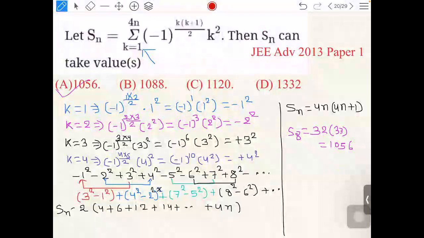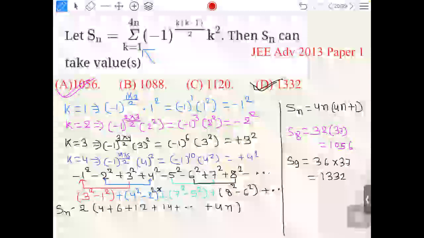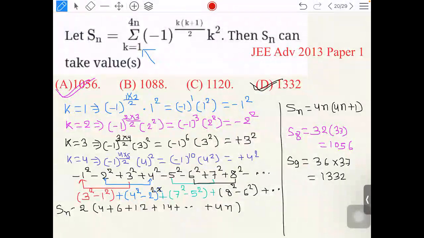So this is one of the possible value, option A। अगर n का वैल्यू हम लोग 9 पुट करेंगे तब आ जाएगा S9 = 36 × 37, that is 1332। Option D is correct. So option A and D, these two options are correct here।